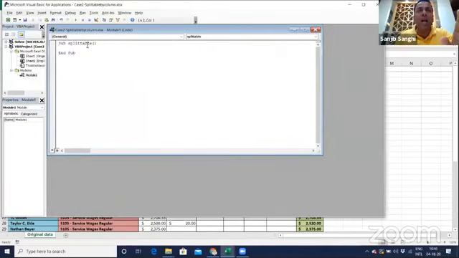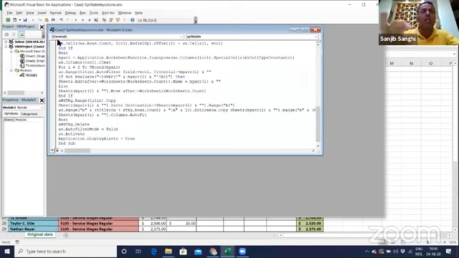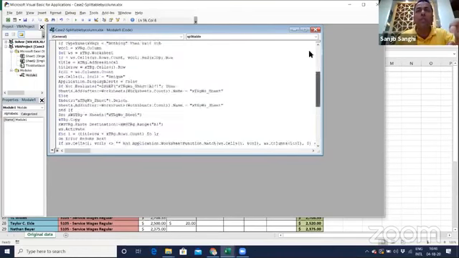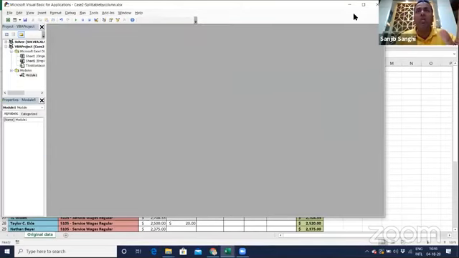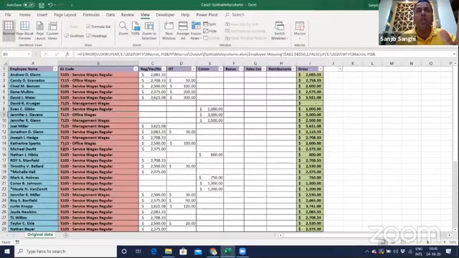Now it comes with a blank VBA code editor screen. I don't need to get intimidated by this. I just delete this and paste the code which I have copied. I don't need to save it because it gets auto saved. I close this. Boom, done. So my macro is created. Now all I need to do is run this macro.